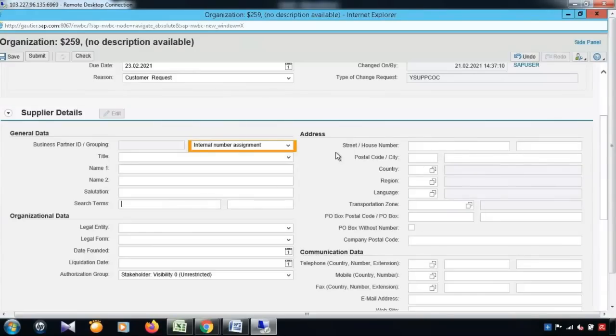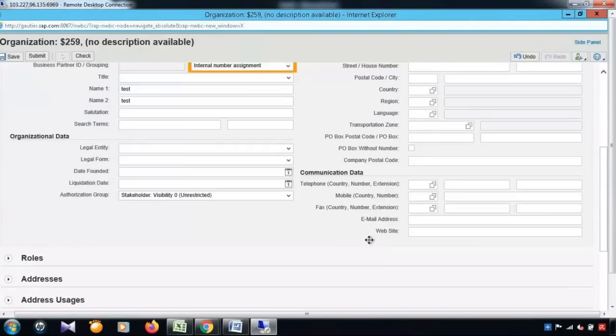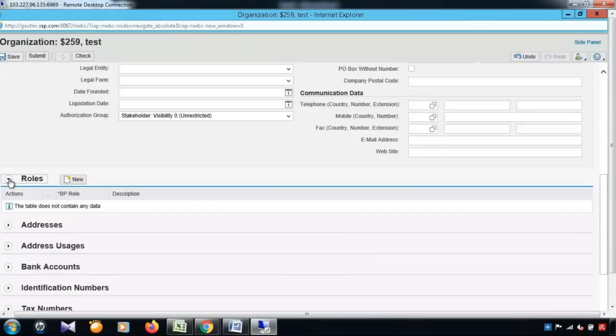It could be street, house number, postal code, country, language, transportation zone, and the communication details if necessary. Then followed by roles. Which are those roles I need? So this is a supplier one. So if I select the supplier role,